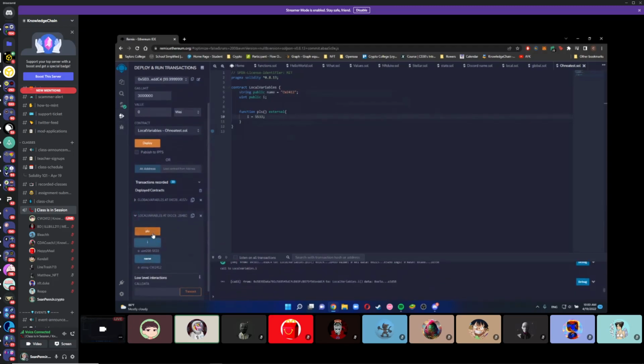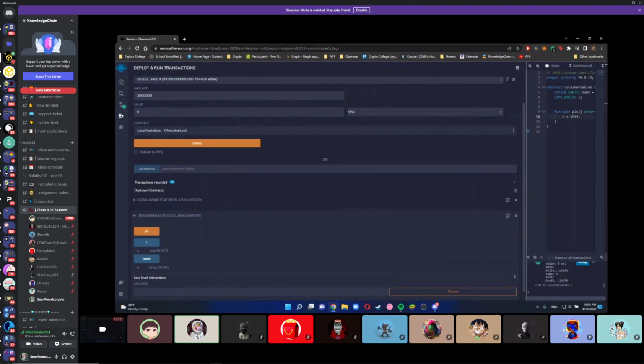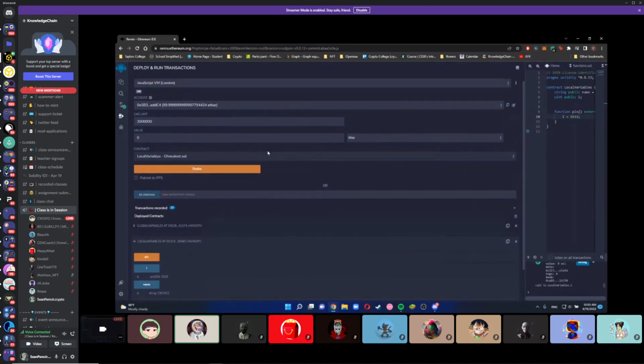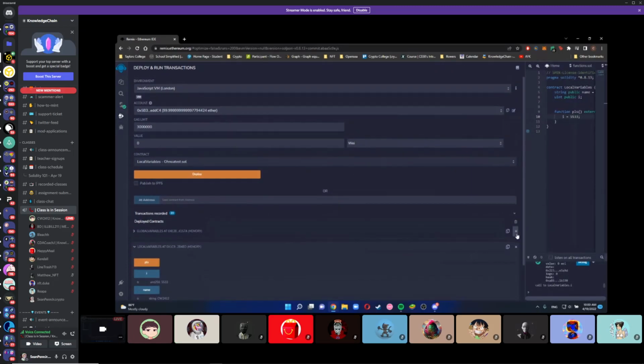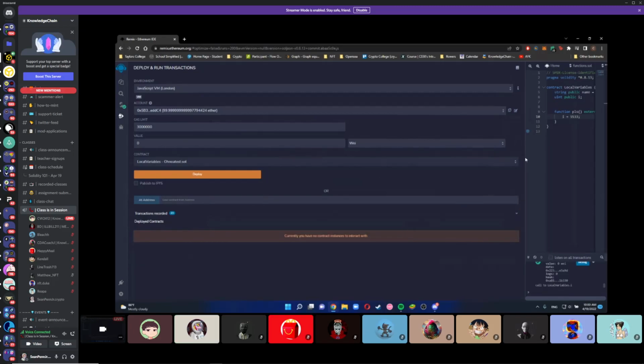And then I'm going to set my functions for what I want those variables that I set above to be. So I had my uint p. So I'm going to set uint p equal to,